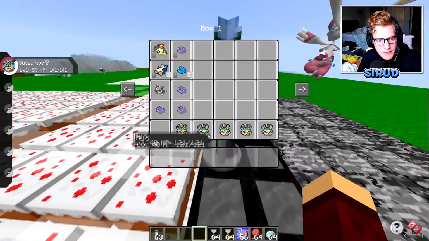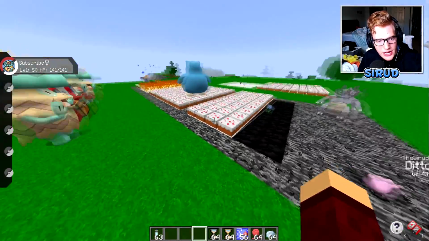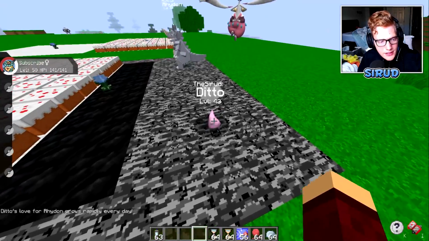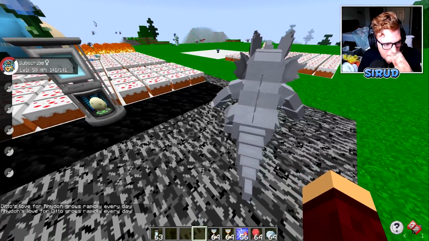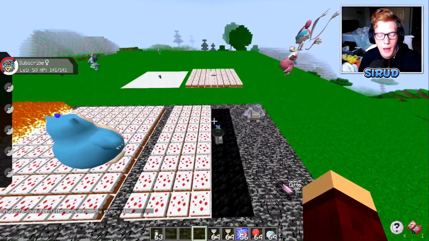But here you'll notice that this is probably the worst environment for both of them, at least for Ditto. He actually has the least amount of wool and cake. Here, at least he's got these 4, but here he only has 4 rows. Let's see how much he actually likes them. He still does love Rhydon every single day. And then here, Rhydon is the same. So there we go. I guess they still like each other a lot, but it is a lot